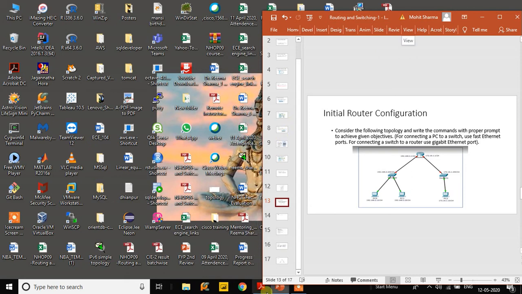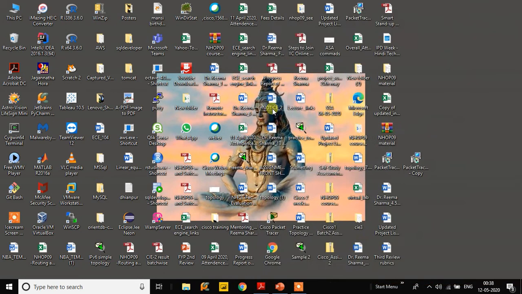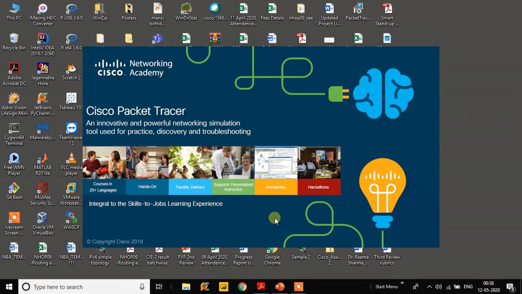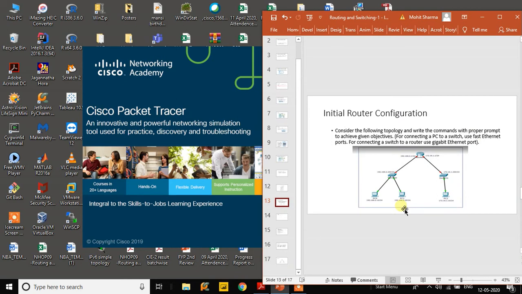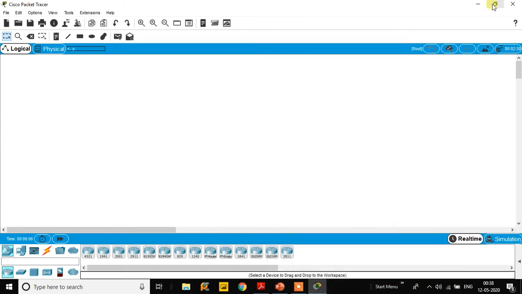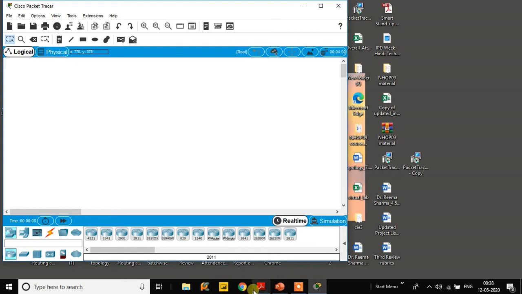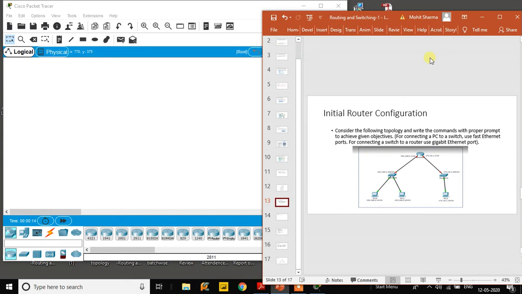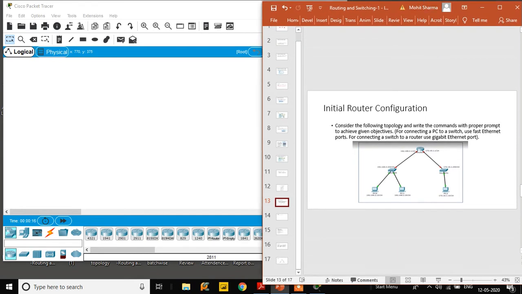So we will open our Packet Tracer now. Packet Tracer is Cisco Packet Tracer. You can open the Packet Tracer, and then we have to first design this topology here. In this topology, as you know, three different PCs are taken, and then two switches, and then one router, and these are connected through different links, fast Ethernet and gigabit Ethernet links. So for configuring that, let's move to Packet Tracer now, and the same topology we will create here.